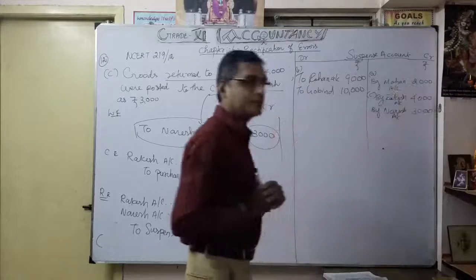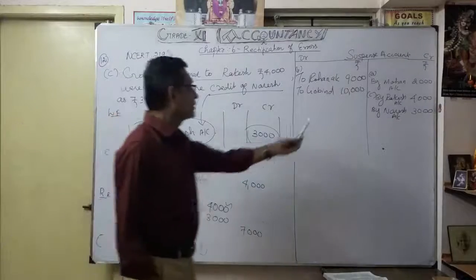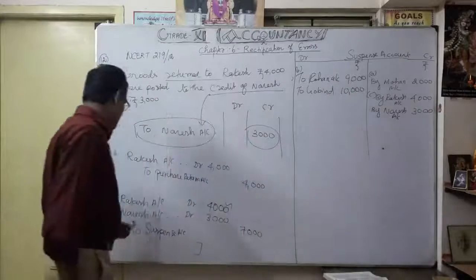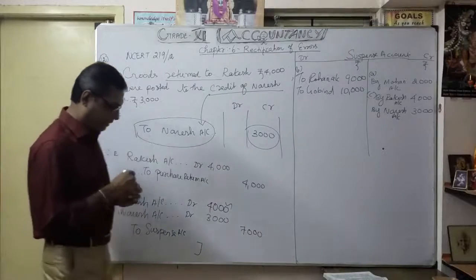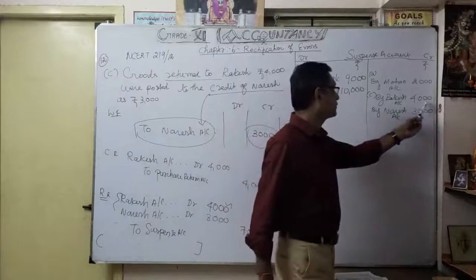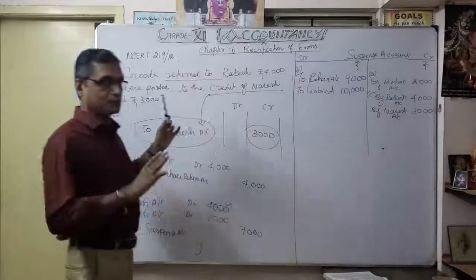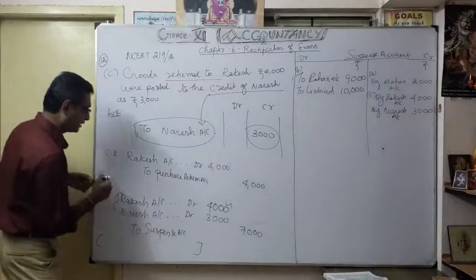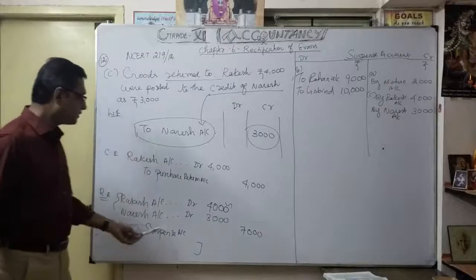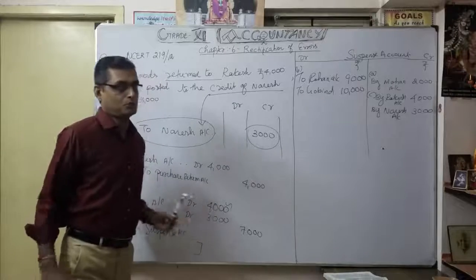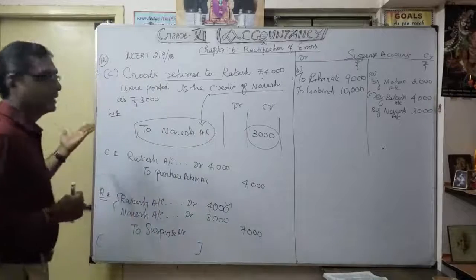Okay. Rakesh account, Naresh account. You understood very clearly. So that's what suspense account. I did it in a suspense account. That's why these two I'm going to credit in suspense account. That's what by Rakesh 4,000, by Naresh account 3,000. Okay, now understood how to create suspense account, how to mention. This is one side error. Okay, error only on the credit side. That's why here you want to mention through suspense account. The same manner as we did in our previous transaction. So now finished A, B, C.